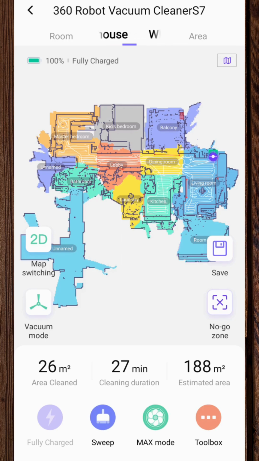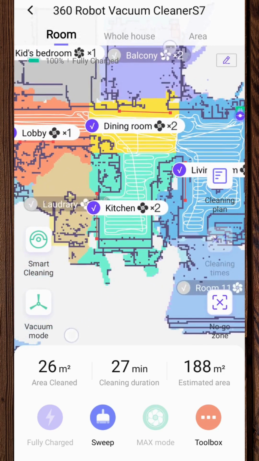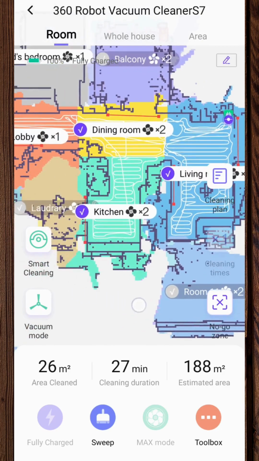And when you go on the left swipe, that is the room option, you could choose how many times you want to clean that area or that room. You could define these areas, you could split these areas,